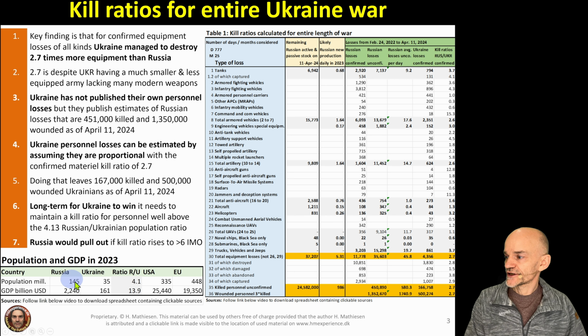The fact is that Russia has a much bigger population than Ukraine. They have 145 million people, and Ukraine now only has 35 million people that they can draw soldiers from. So that means the population ratio between Russia and Ukraine is 4.1. So if it's about how many people we lose here, then in order to win the war, eventually Ukraine would have to kill more than 4.1 Russians for every Ukrainian the Russians are killing, and they're not doing that.